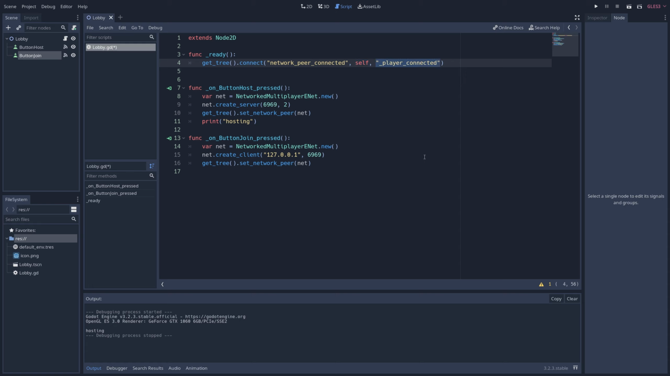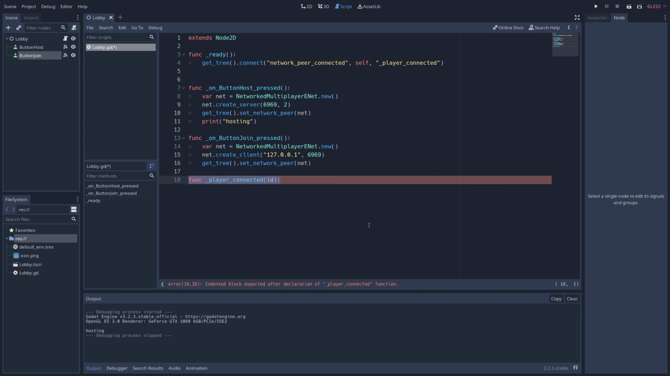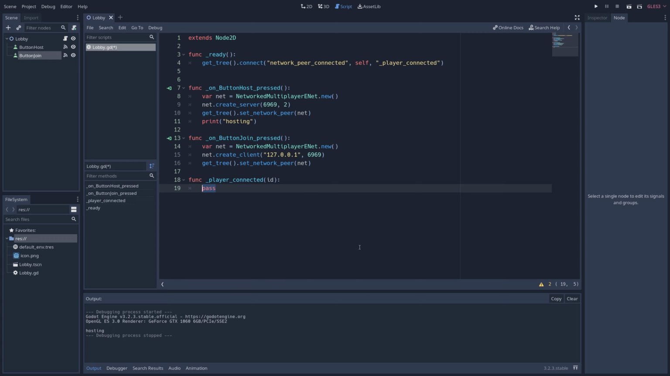And then we create a name for the function, and this can be anything you want as well, but I went with player connected. Then we're going to write func player_connected(id) in the parentheses, and for now, we're just going to write pass. We'll be coming back to this in just a little bit, but now we're going to right-click in the file